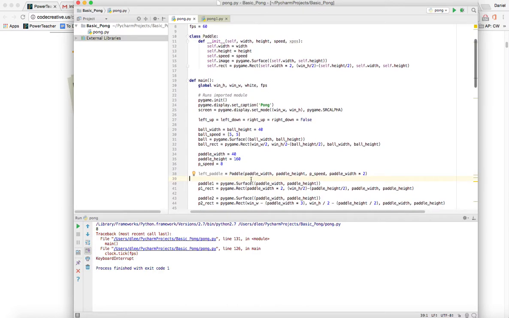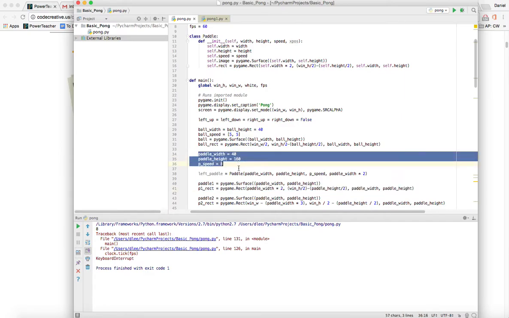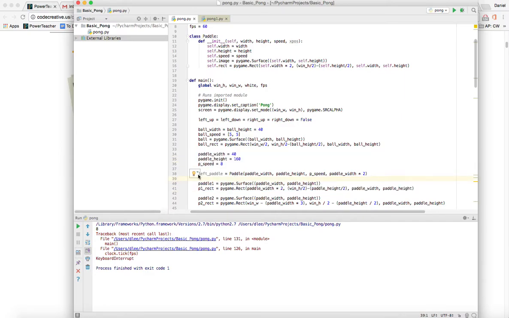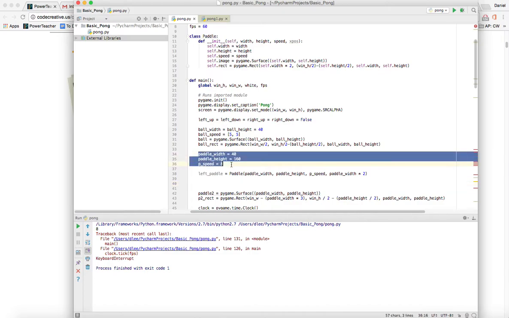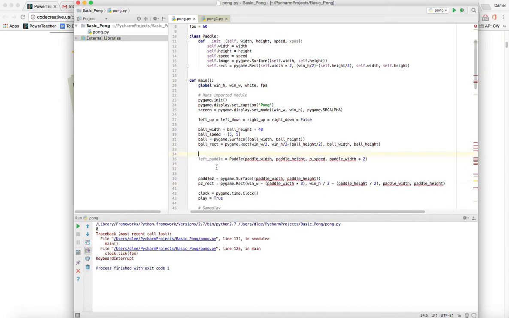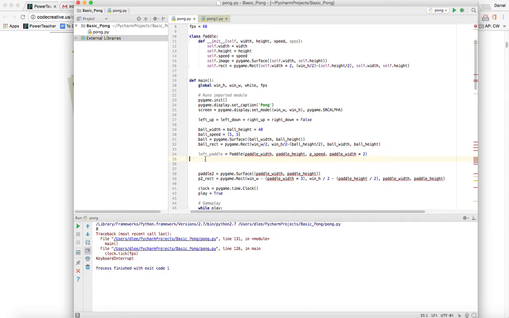Okay, so what we are doing by running line 38 and creating an object of type paddle is we are doing this, okay, and we are doing this as well, and we're actually doing this, that, and that as well. Okay, so by doing this, we can go ahead and remove these 2 lines, and we can also remove these 3 lines,